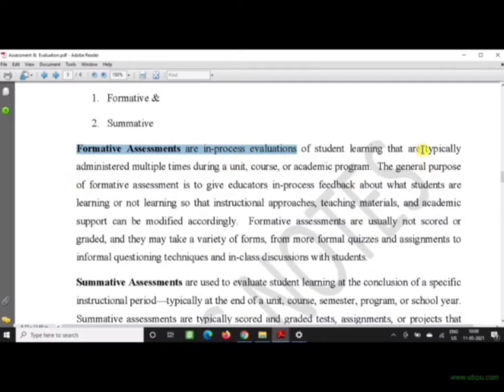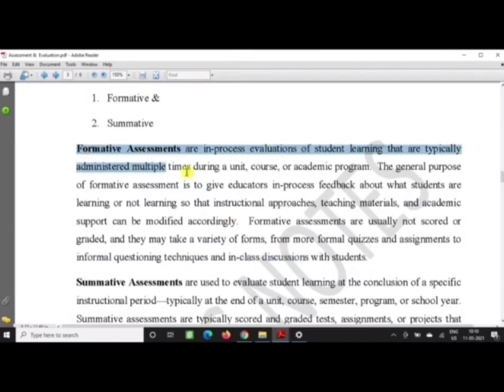It is typically administered multiple times during a unit, course or academic program. For example, quizzes, assignments, questioning, or in-class discussions with students.